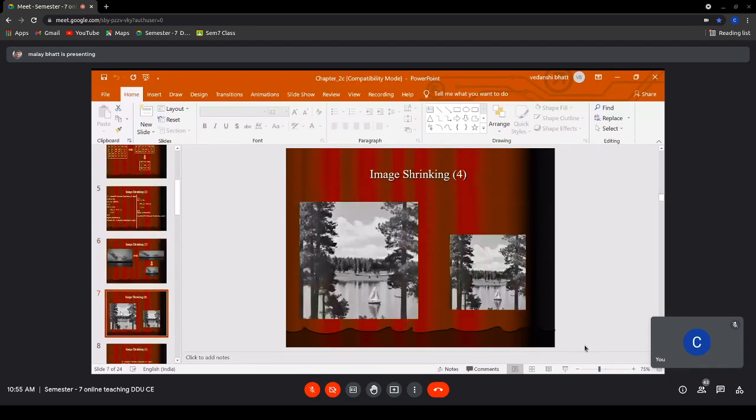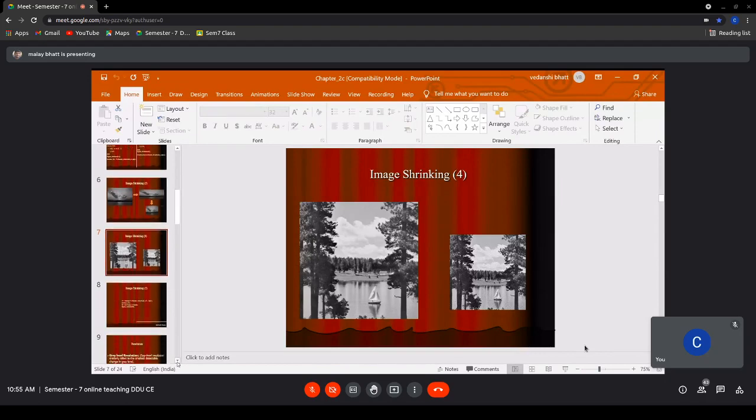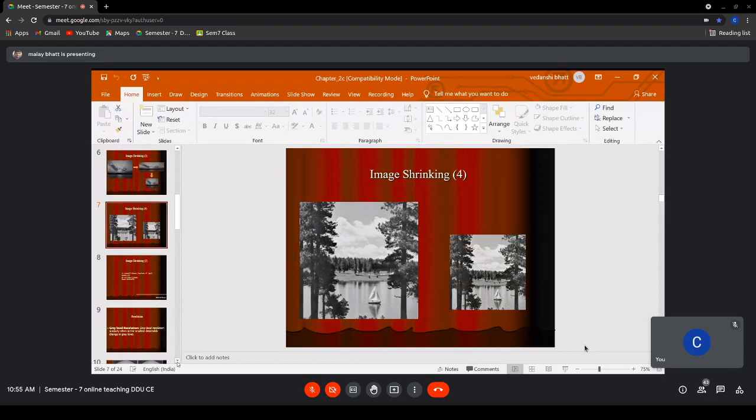There's one more example. We have the original image. From that original image, when you apply this image shrinking, or when you go for spatial resolution reduction, you will get this kind of output image. So you can see that in this also we are maintaining the aspect ratio. There are many ways to do this. You can write any algorithm, but mainly you have to remove the even number of columns and even number of rows. That is how you will get the output, and you can reduce the size of the image.